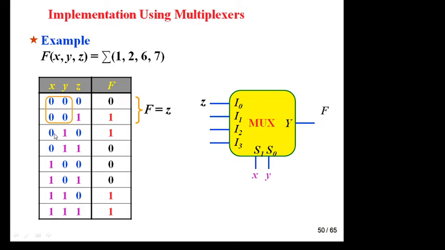So here is 0 1 and here is 0 1, the value is 0 1. And what is the value of F here? 1 0, which means the complement of 0 1 is 1 0. So for 0 1 you are getting 1 0. So F equal to Z bar.